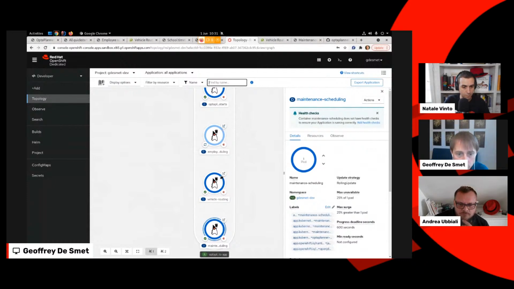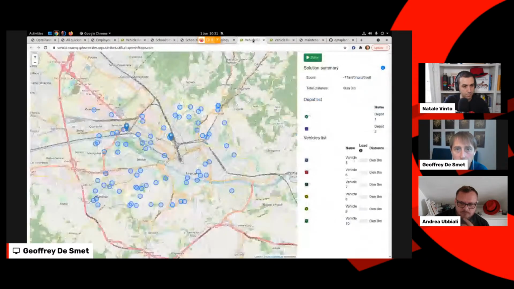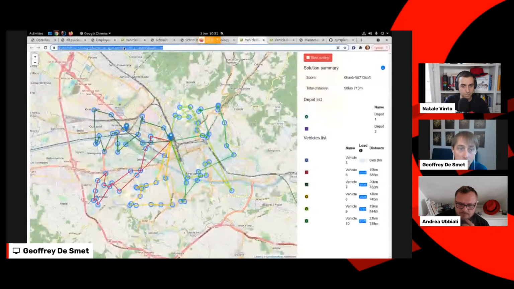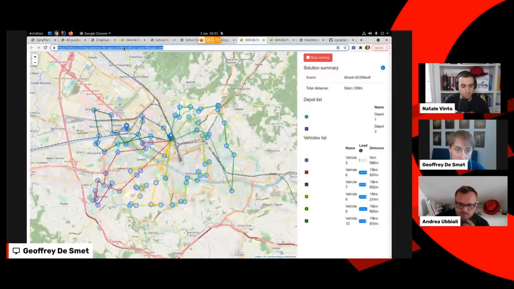While we do so, I just want to show you, I've shown you the vehicle routing one locally earlier, but I've actually built this before, like an hour ago, I've deployed this. So now this is actually available and I can go here. It's the same thing as I ran locally. So again, I can click the solve button, it solves. But as you can see here on the top, this is actually live. So in fact, if we share this with the audience, you can actually try this right now on your computer.